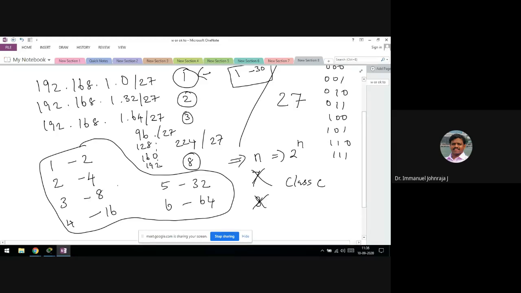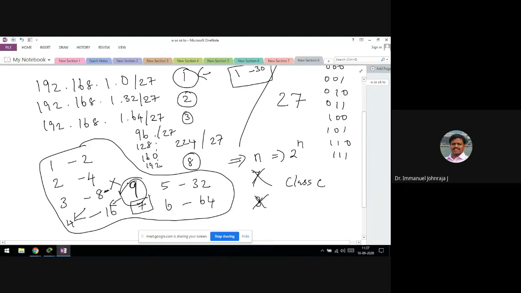Now, in case you wanted to create 9 networks, how many bits should I borrow, 3 or 4? The answer should be 4, because by borrowing 3 bits you can create only 8. By borrowing 4 bits, you can create 16 networks, and 9 is smaller than 16, so you can use it. So 3 will not help you, but 4 will. The remaining 7 networks are just available as a backup. How many networks do you need? 9. How many are extra? 7.